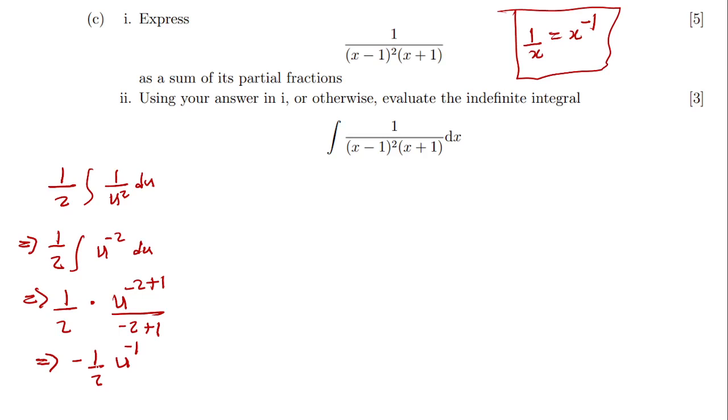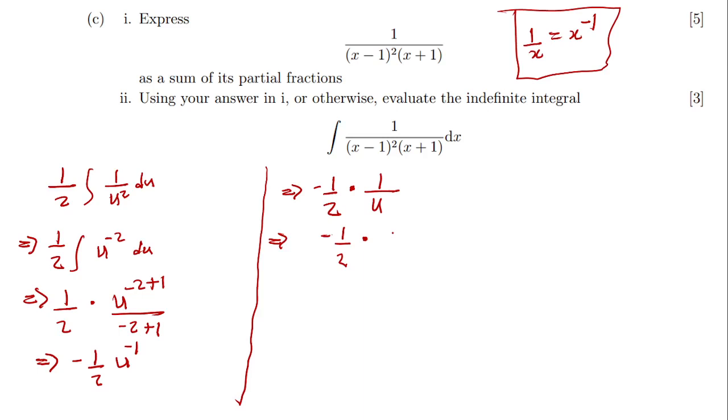So from here, this will simply be the same as negative 1 over 2 times 1 over u, since it's u to the power 1. Since we have that information, we can now replace u with what we had. So it's going to be negative half times 1 over u, which was x minus 1. This is the integration of that particular point. Therefore, the integration of 1 over (x minus 1) squared (x plus 1) dx